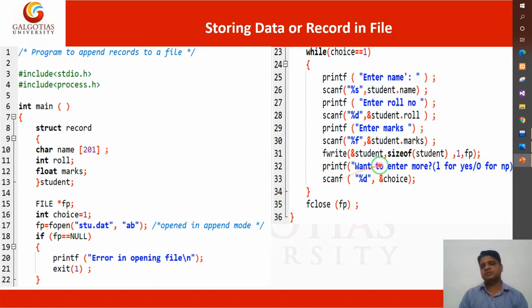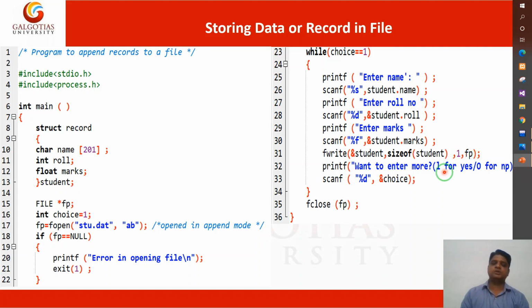And what will the operation be here? Whatever 207 bytes you have, that will be taken from &student. The whole thing will be written into stu.dat. What is stu.dat? stu.dat is the file that is pointed to by fp.